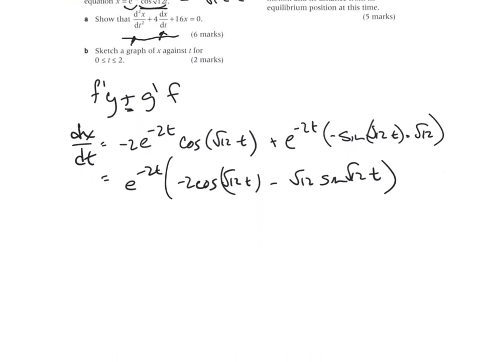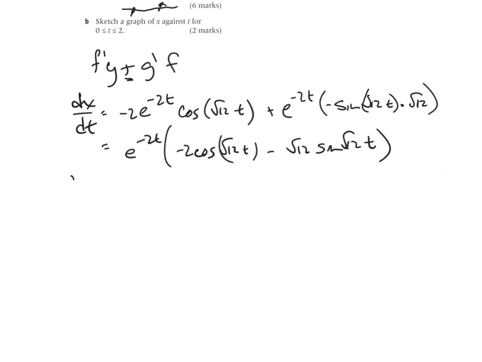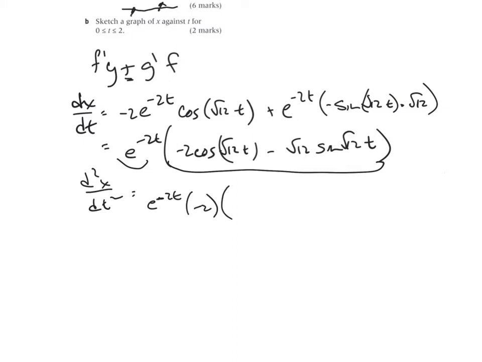Okay, continuing on, so now to find the second derivative of this particular function, d squared x over dt squared. Again, I have a function here times another function. So again, I'm going to have to use the product rule. So the first bit is going to be e to the minus 2t times the derivative of that is minus 2. And then I can just write this out here, cosine root 12t minus root 12 sine root 12t